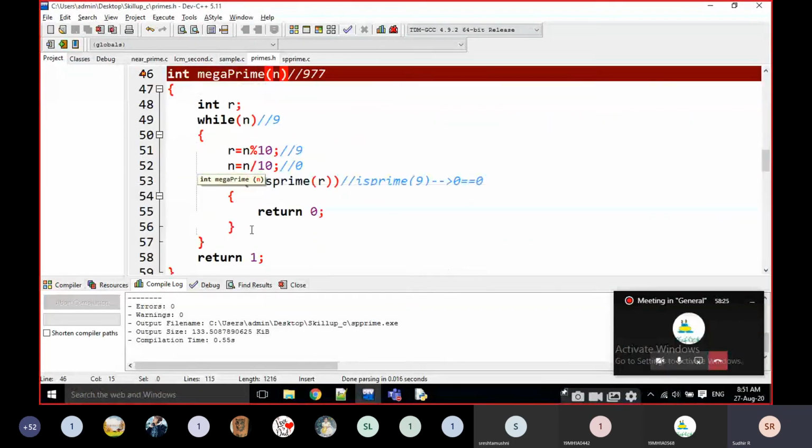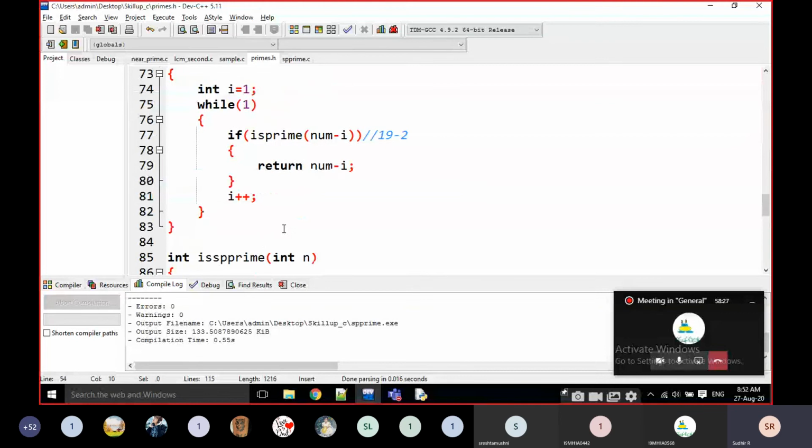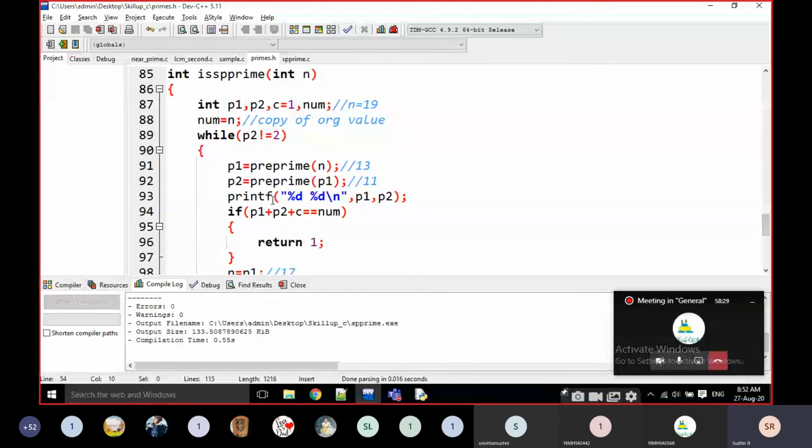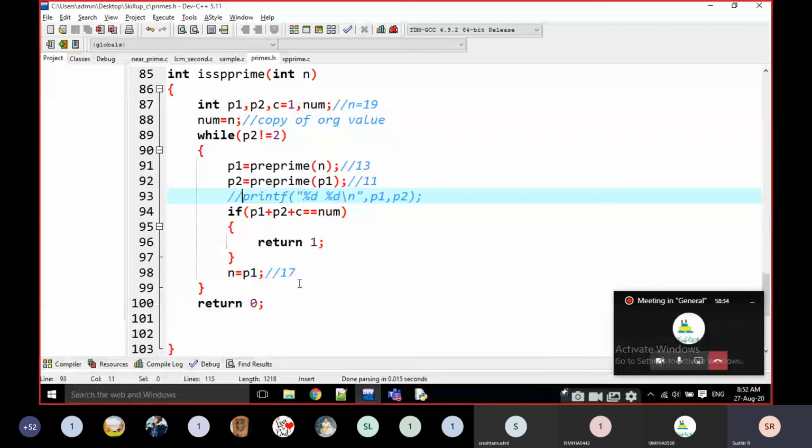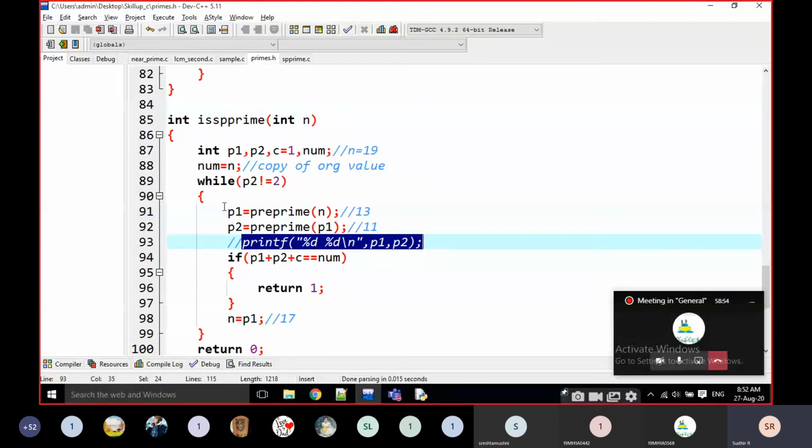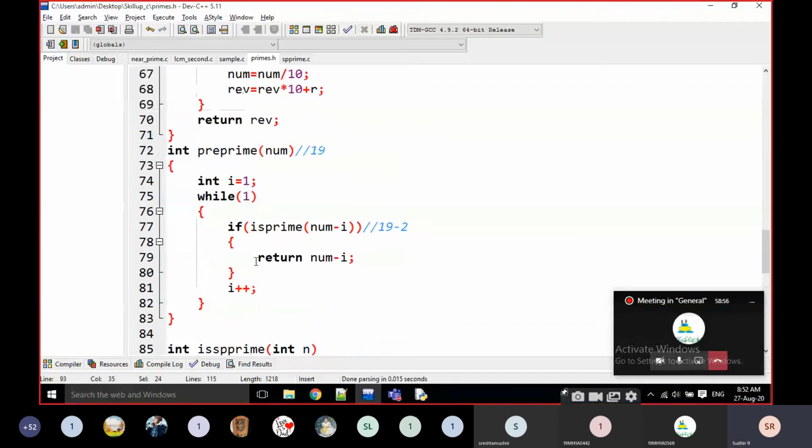Every time I am going to check with printf statements only. This is the key one, but that is not used in the final program. When I am writing the logic, I am going to check some values: are the values coming perfectly or not? That is done with the printf statement. In every program, I check whether the program is working perfectly using printf statements only. Okay, just note down this functionality and this functionality.